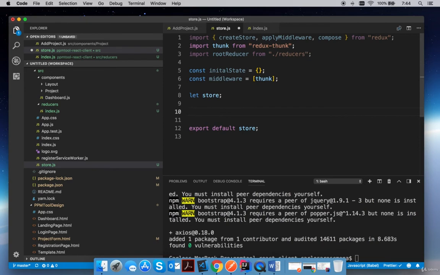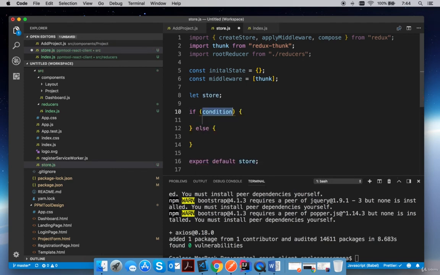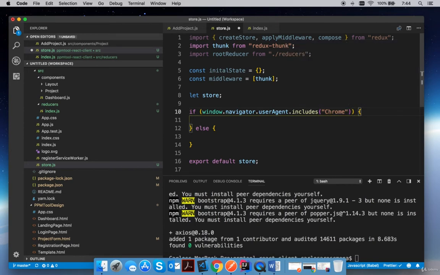So what we're gonna do is set up an if-else statement. And this is vanilla JavaScript: if window.navigator.userAgent.includes Chrome, right? Basically, if the user agent includes Chrome, that will identify that we're using Chrome, then we're gonna